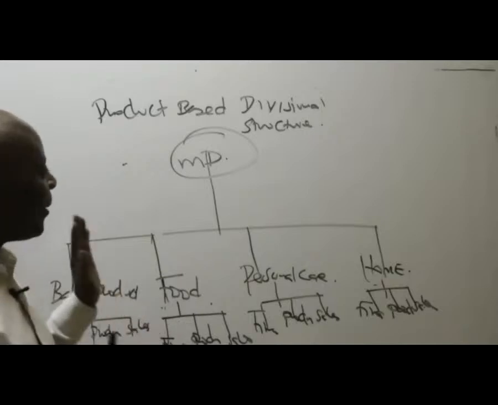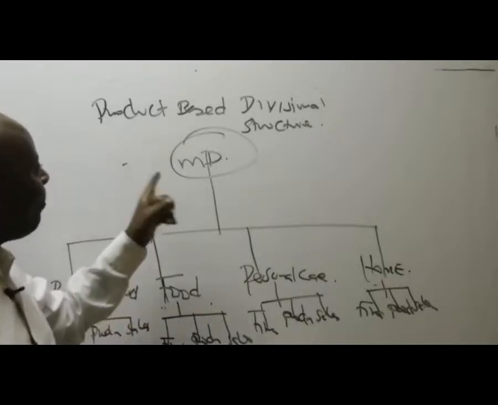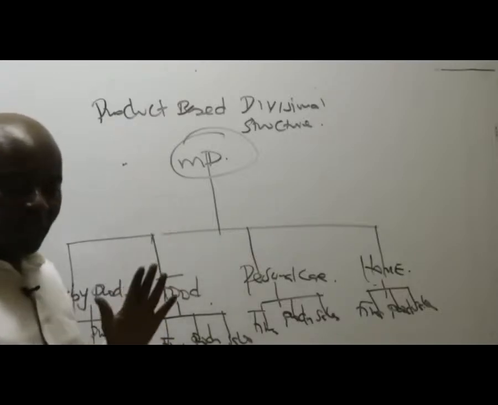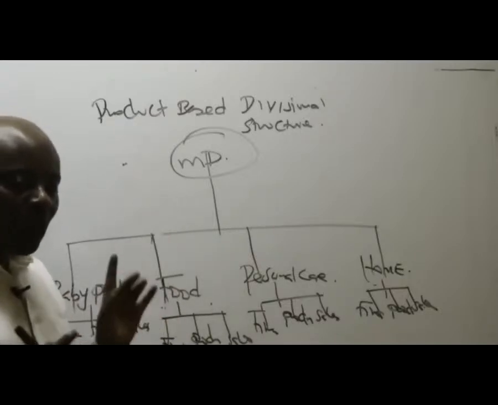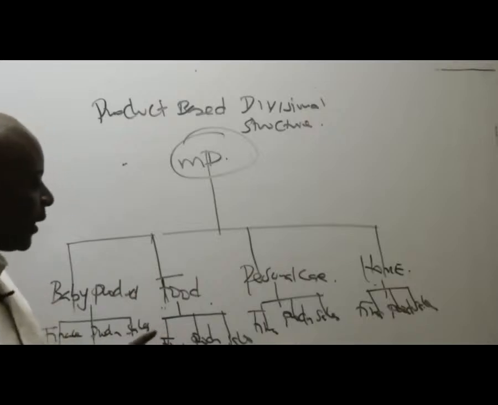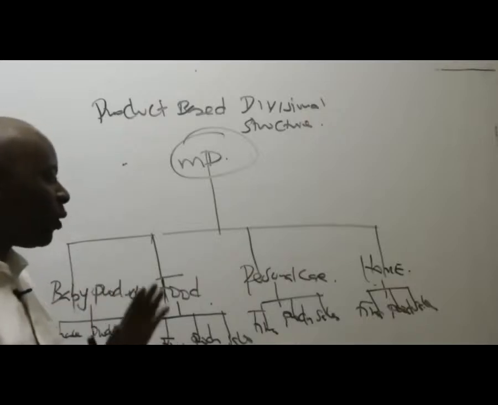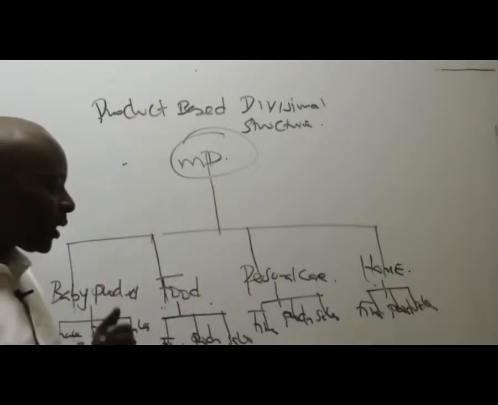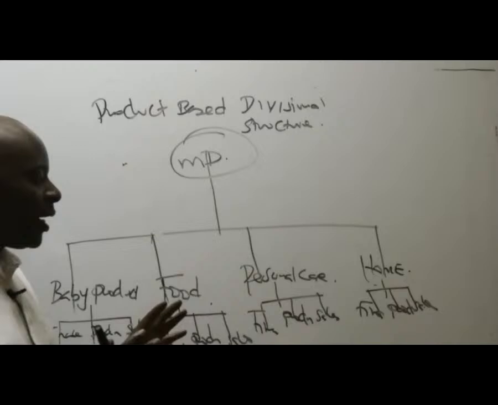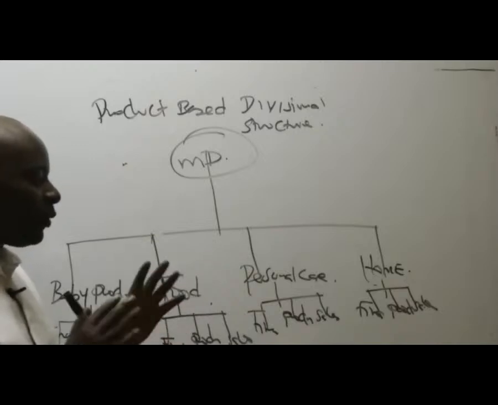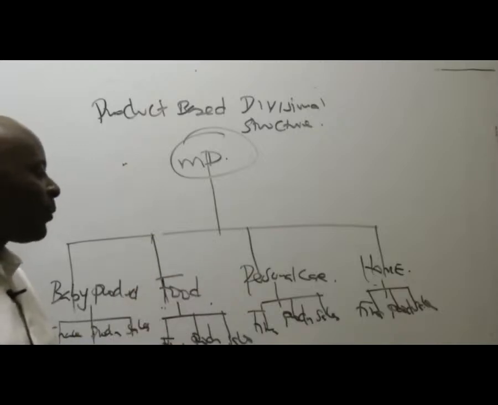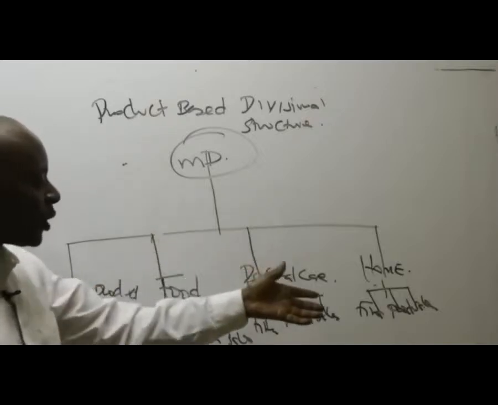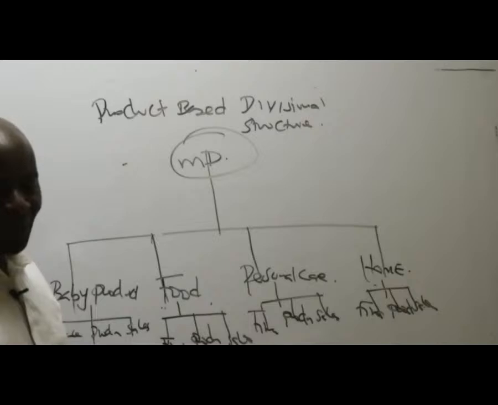Now, ladies and gentlemen, I'll come and mention that I recommend this kind of organizational structure to Mamba, because number one, it will lead, ladies and gentlemen, to optimization of our resources in terms of each product. We'll be able to know, for example, through our accounting, which product is doing best. Where do we allocate most of our resources to?